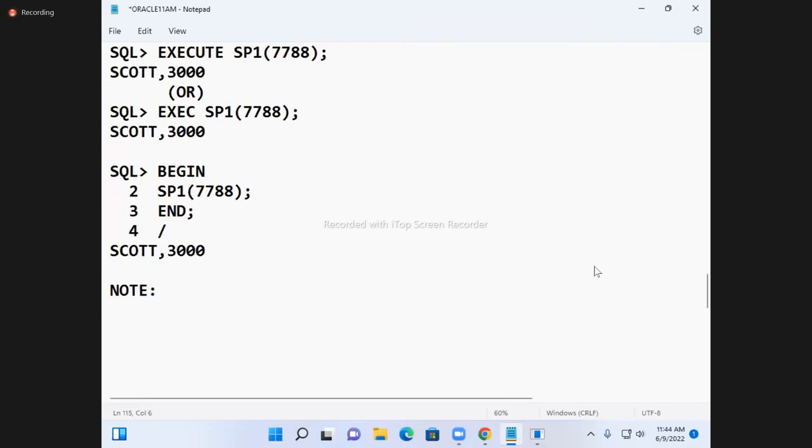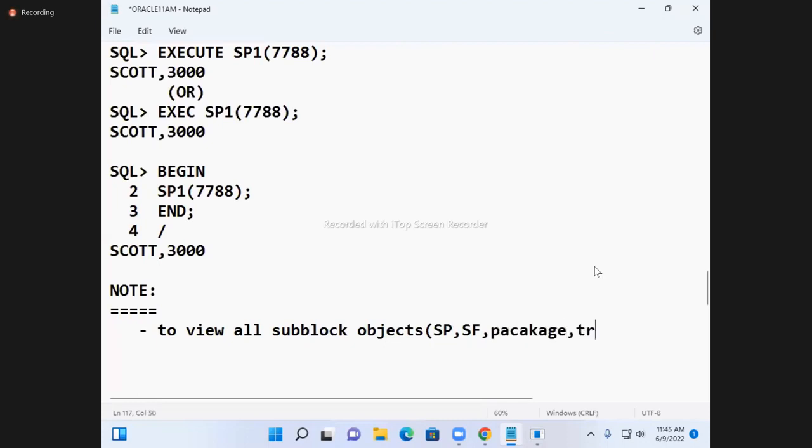Take a note. So, to view all subblock objects, like stored procedures, stored functions, and what next? Package, and what next? Trigger. These are called subblock objects. So to view all subblock objects in the Oracle database, we use a data dictionary, which is